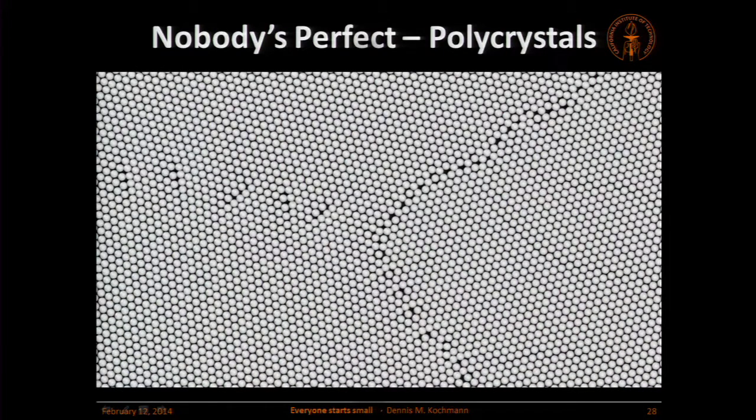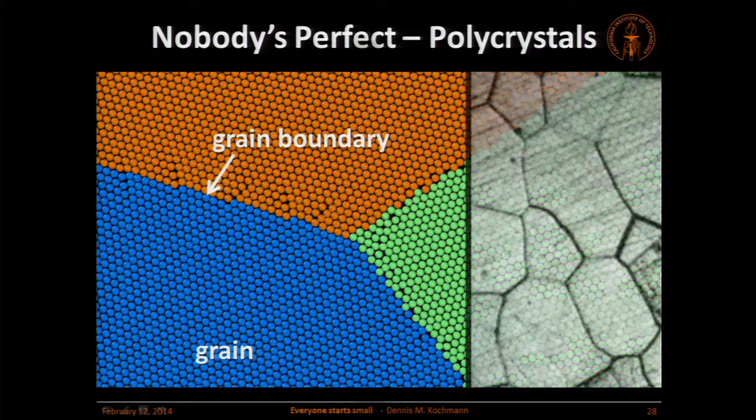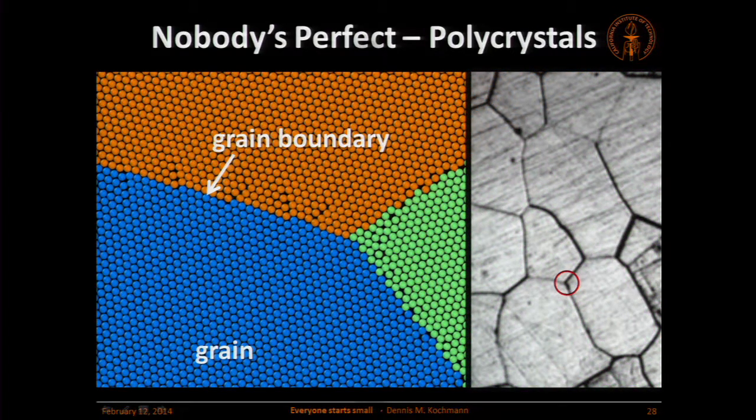What we normally see in metals is different patches. Over here we have a different orientation than up there. Down here we have yet another orientation. This is what we call grains. Each of these orientations is a different grain, and they're separated by grain boundaries. We see this behavior actually under the microscope. We did see it a couple of seconds ago. These light patches here are nothing else but the grains. The farms in Kansas are just grains, and the roads in between are nothing else but the grain boundaries. We're not in Kansas anymore.